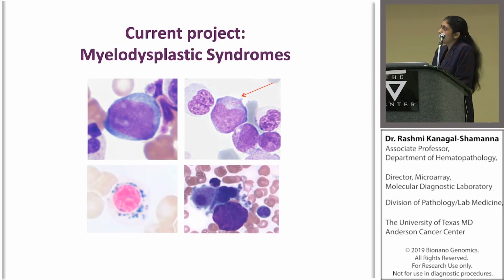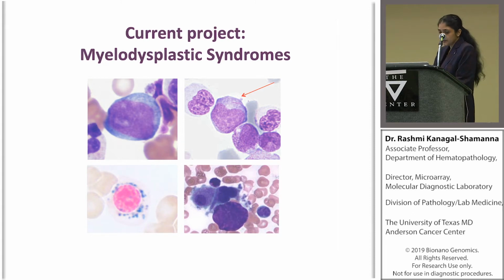Now, Sven has already described the technicalities of this system. So I am going to talk about the clinical utility or application of Sapphire in profiling leukemias, specifically in a disease called Myelodysplastic Syndrome. And the reason we chose Myelodysplastic Syndrome was because structural variants have a big role to play in determining